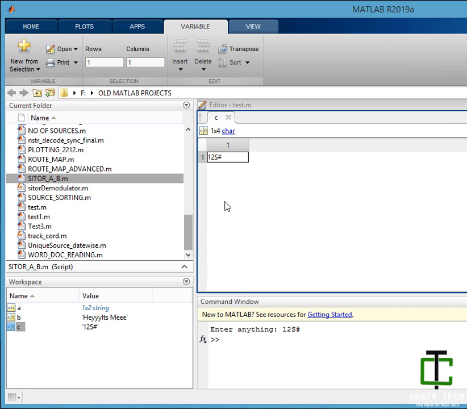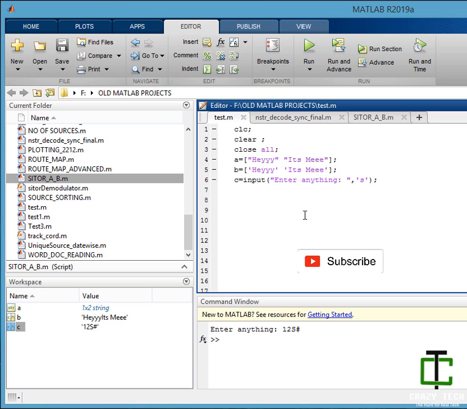Now here you go. C is taken as a 1 cross 4 character array rather than a string. It consists of a 4 character array. You may say it's a 1 cross 1 string, but right now it's an array of characters. So 's' is for string, and the user will be providing a string variable.